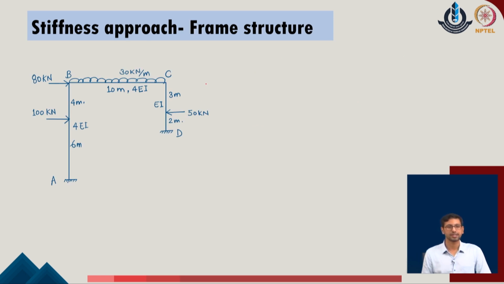Now, as we move to the next case, we have a system in which there is a possibility of the sway as well. So, when we look at this problem, we have a joint B where we have a possibility of the rotation theta b. We have a joint C where also we can define the rotation theta c, and then there is a possibility of the given member span BC to undergo sway in the given direction of the lateral movement. Now, in these cases, we have considered that the rotations of theta b and theta c can be accommodated by the simple moment equations, whereas now we need to identify the conditions of the equilibrium with respect to the sway parameter of the given system.